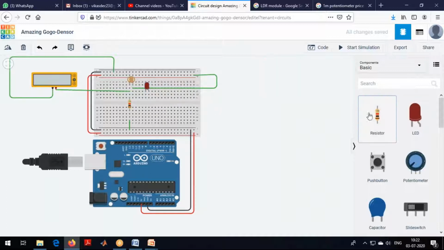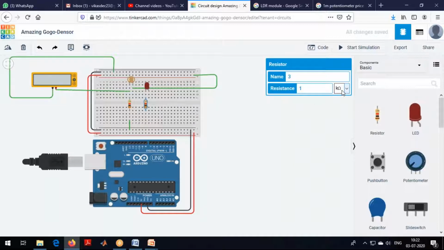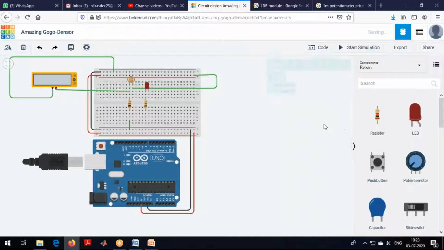So again I'll take a resistor here. I think I can use some 150 ohms. That's what we have seen earlier. I think 150 or 200 is okay.